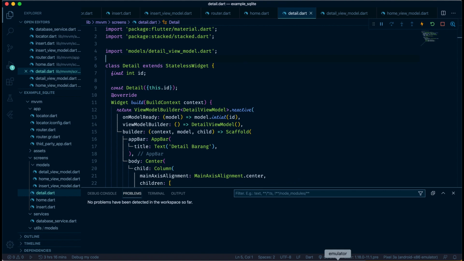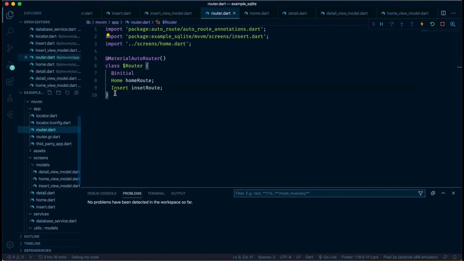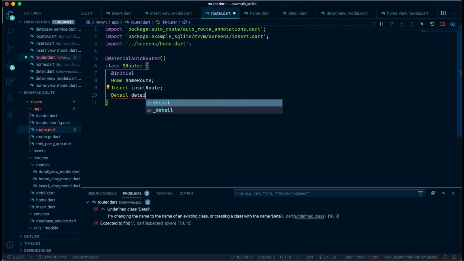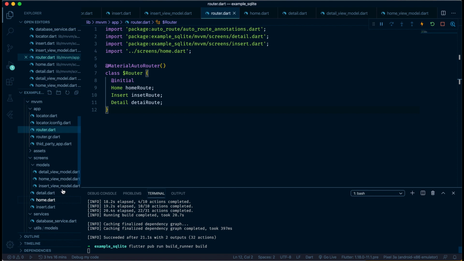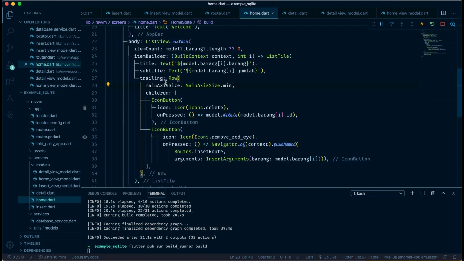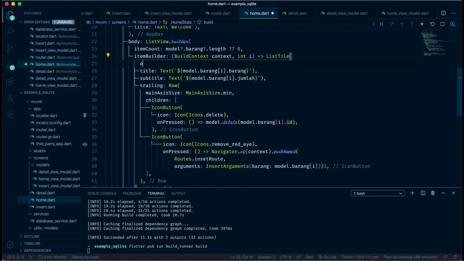Okay, and we'll try. Oh, we never implemented this detail. So first, register the route. This is a detail, and detail route, just import, and again do flutter run. Okay, so in home here I will implement onPress in the list style. This is onPress, onTap.